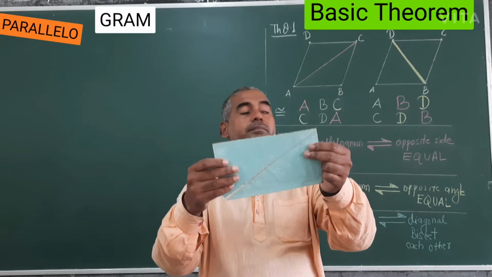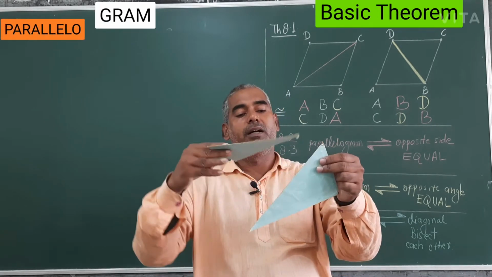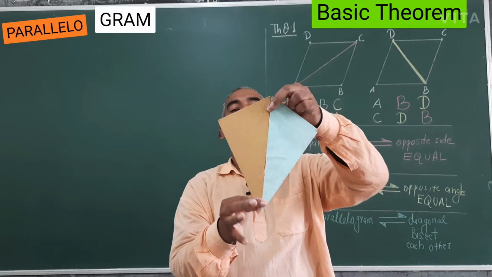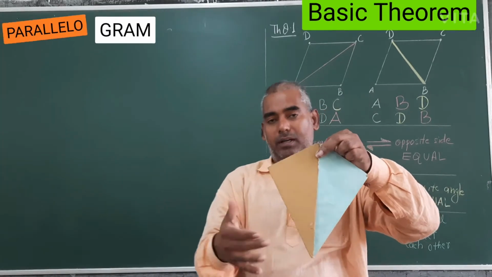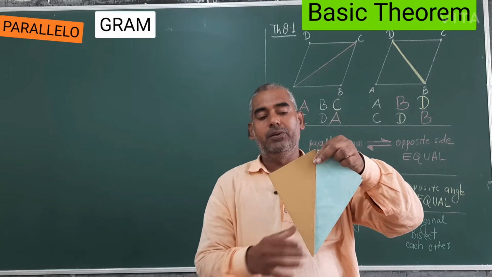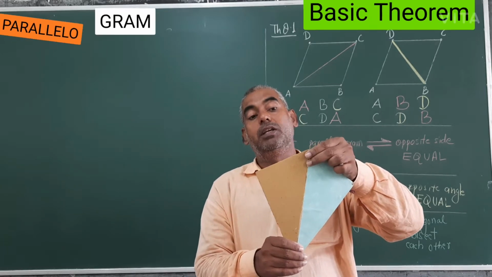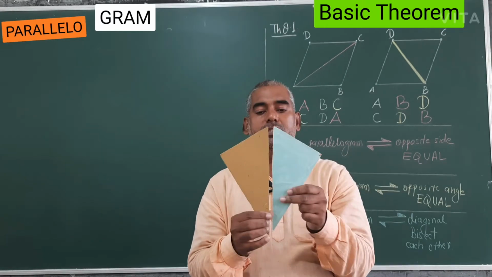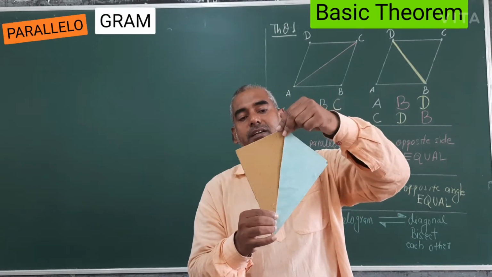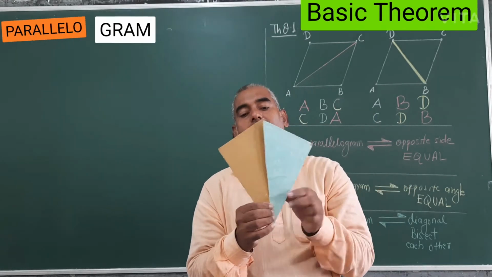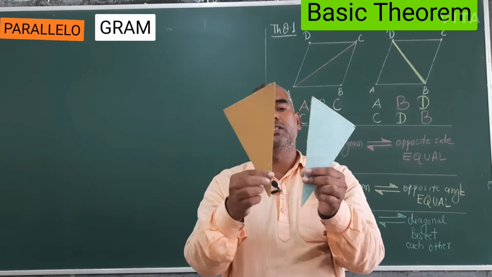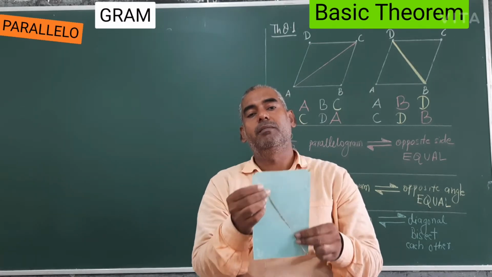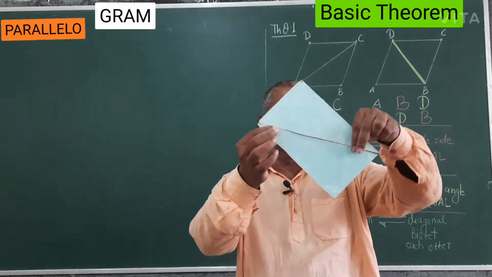And this is the third thing. In other ways I can make it through this figure. Yes, this is called a kite. Later I will tell you, or I have told in my detailed video of the quadrilaterals concept. Okay, so this is the kite, because these two adjacent sides are equal, and this is also equal, and this is common. So with the help of these two triangles, actually parts of a right angle triangle, how many things I have made: right angle, parallelogram, and kite. Okay, so this was the case.